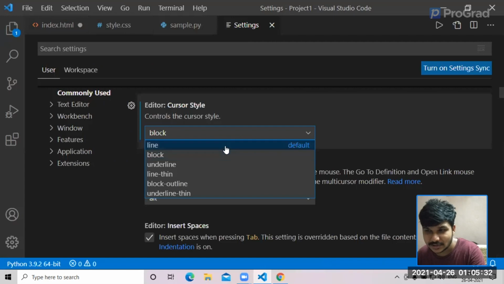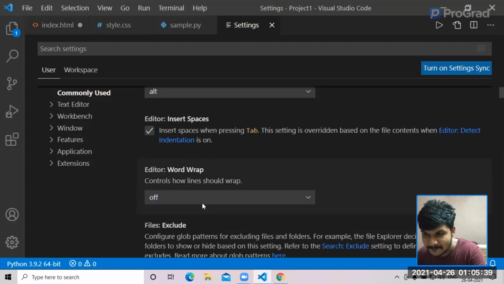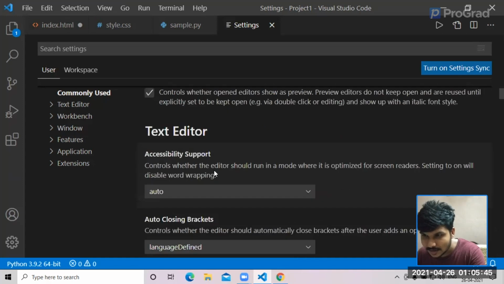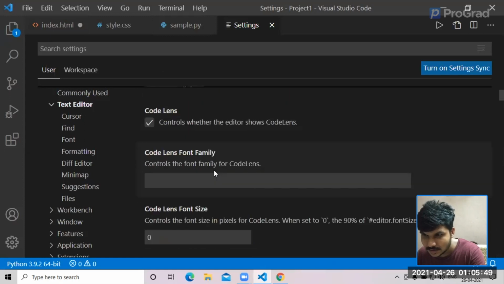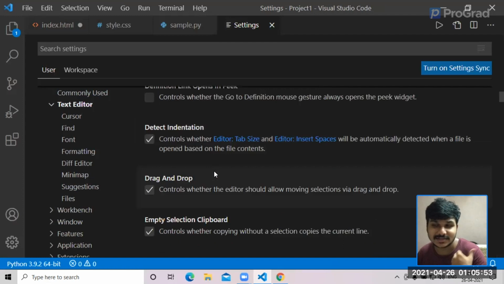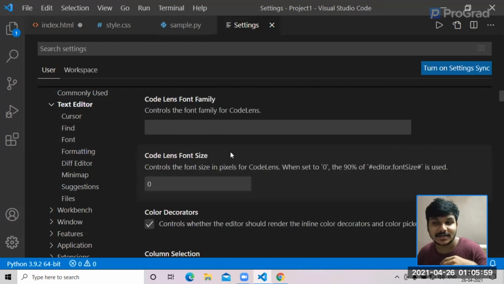You can obviously select your preferred kind of code editor and start with your coding languages. So editor word wrap, I think we have selected that as well. And let's scroll down. So I think these are some things which I want you to go ahead and try, because these are really hands-on things. Each thing varies according to the viewer.